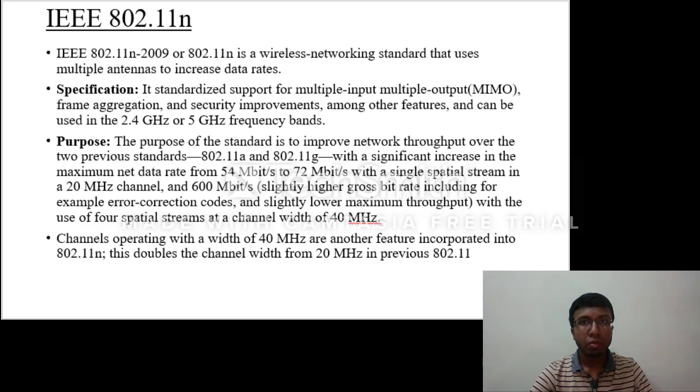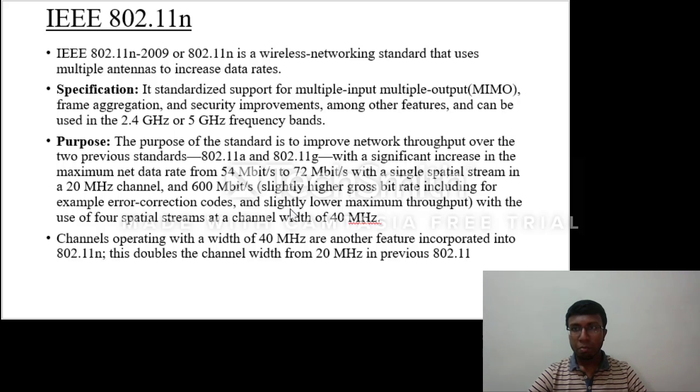IEEE 802.11n, also known as IEEE 802.11-2009, is a wireless networking standard that uses multiple antennas to increase data rates. Its specification is its standardized support for multiple input multiple output (MIMO), frame aggregation, and security improvements, among other features, and can be used in 2.4 GHz or 5 GHz frequency bands. Its purpose is